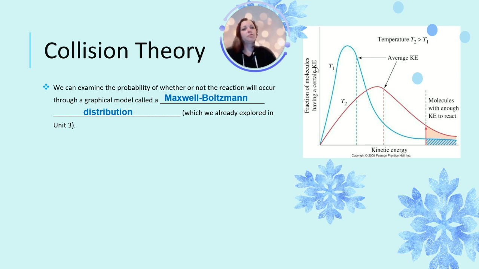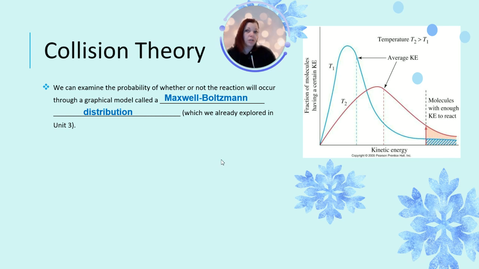Now we're looking at the fraction of molecules having a certain kinetic energy at different temperatures. And so then we can designate the amount of kinetic energy that's necessary for molecules to react at a point on that graph,